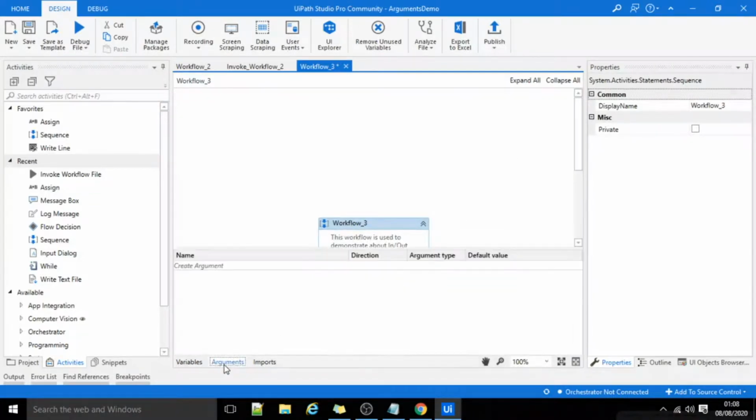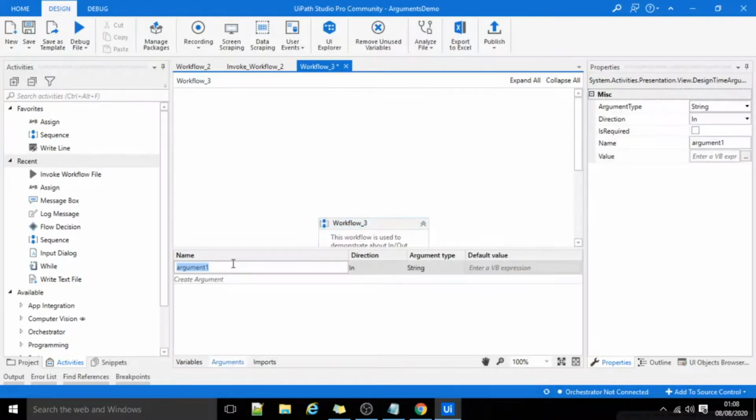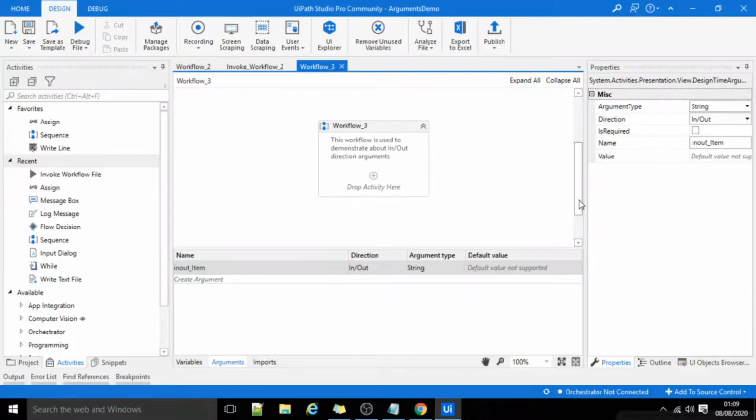Let me create an argument. I'll create an argument, in_out_item. I will change its direction to In/Out. So the workflow that will invoke or call this workflow will pass a value for in_out_item.